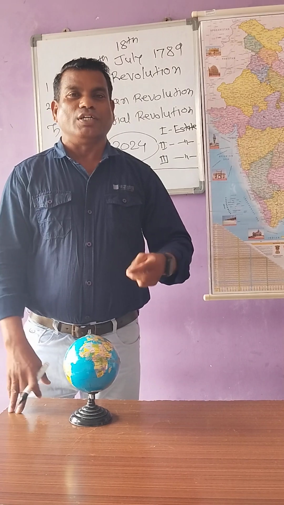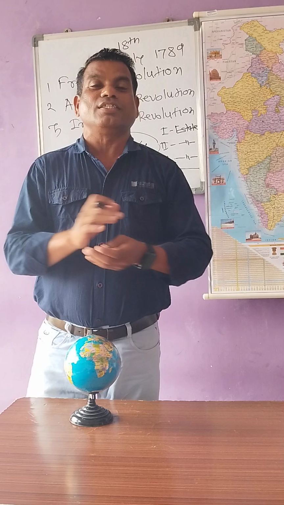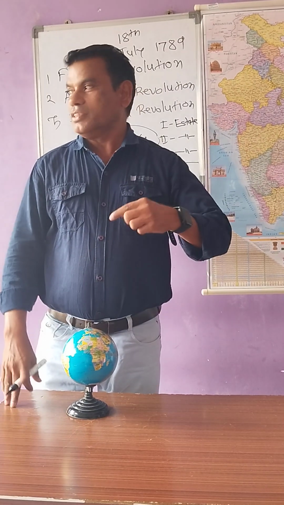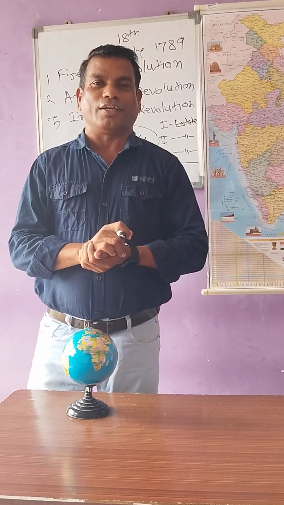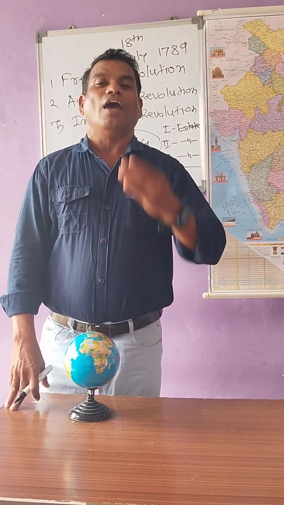From then onwards, the French people elected the National Assembly, and this National Assembly gave democratic principles to the people: liberty, fraternity and equality. France became a democratic country, and as a result France gifted these principles to the entire world. That's why even in the Indian Constitution we talk about liberty, fraternity, equality and brotherhood. These are the terms France gifted to the world.